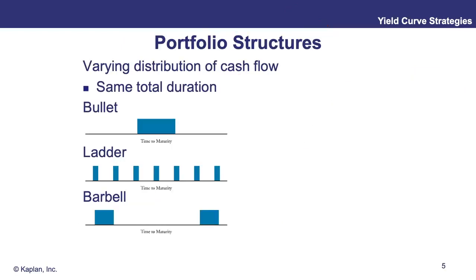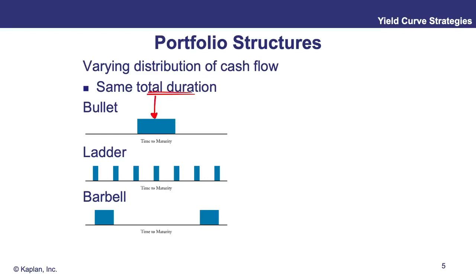Okay, now this slide is straight out of a previous reading when we were talking about immunisation. We're really just looking at the types of bond portfolio that are available to us. With immunisation, we were looking at immunising a liability. Here in active management, we're thinking about what bond portfolios are available to us when we're trying to exploit our view of the yield curve. So we have seen these before as well. You've got a bullet portfolio. If you've got similar duration portfolios,